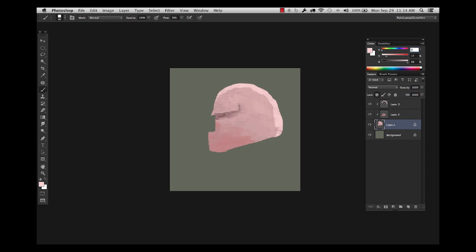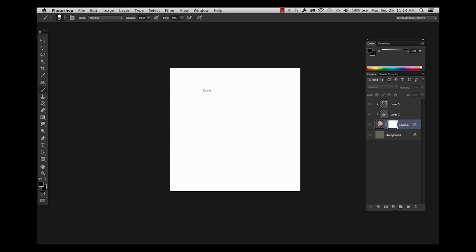Another way to affect the overall mask, let's say I have something like this, but this edge here I'm feeling is not quite what I want. I can refine this by creating a layer mask. If you see this little button at the bottom of your layer palette that has a gray box with a dark gray circle in it, it creates this mask, and this mask is all black and white. White being opaque and black being transparent. So what that means is that as I paint this layer black or white,